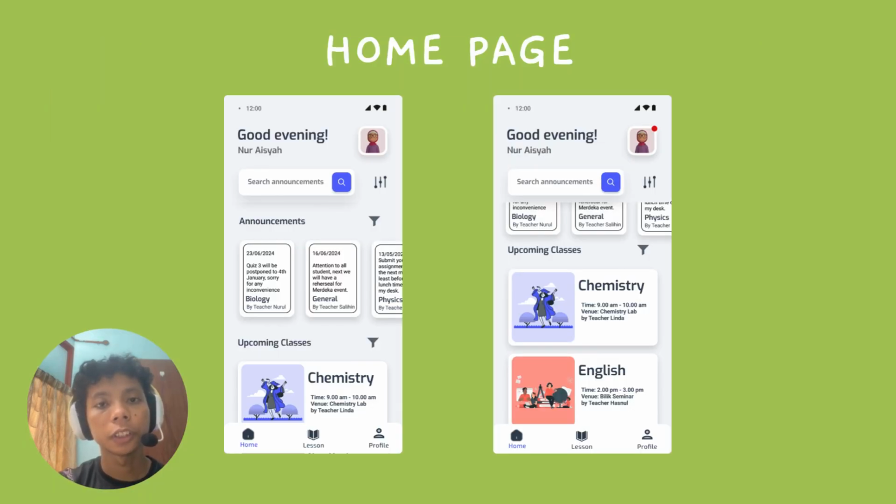Next, we move to the mobile app UI design. So actually, we have three pages, which include the home page, lesson page, and profile page. So in this slide, as you can see, this is the home page, and in this page, there is a profile of the students, and then there is a search bar for the students to search for any announcements or upcoming classes, and we have the announcement section for the students to view all the announcements that have been